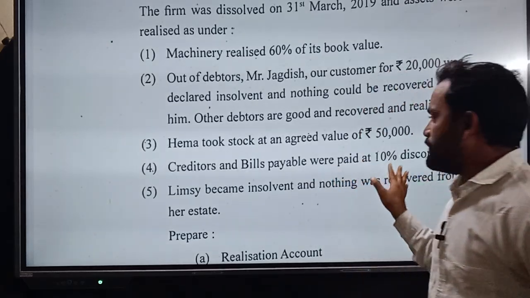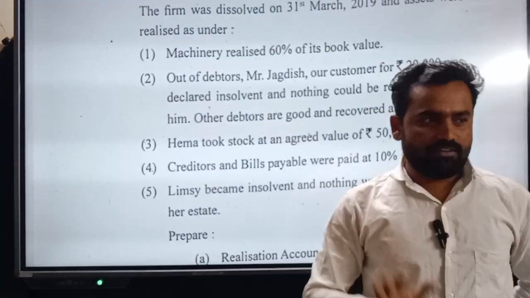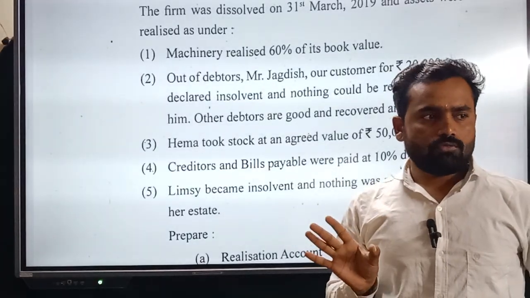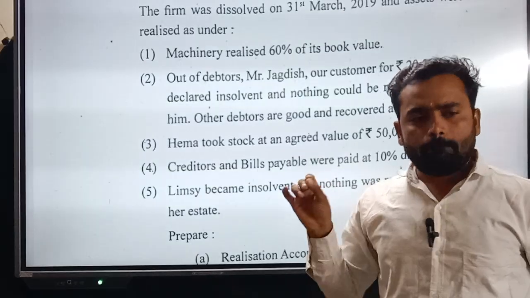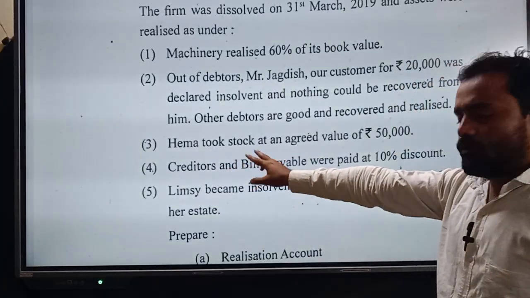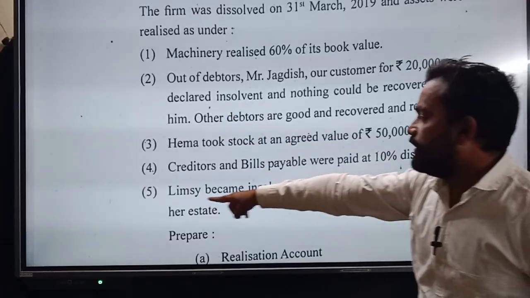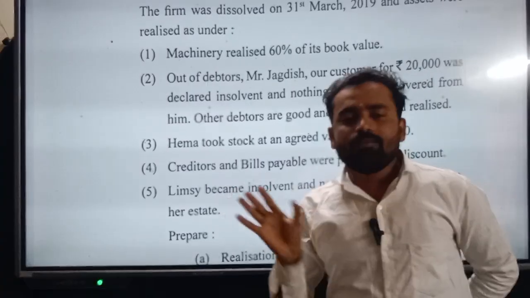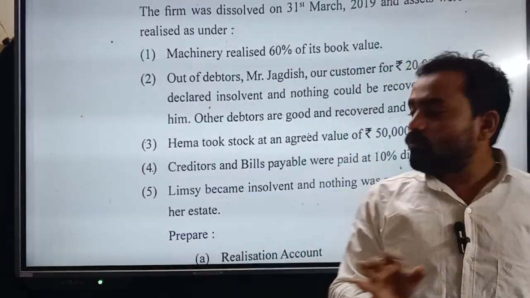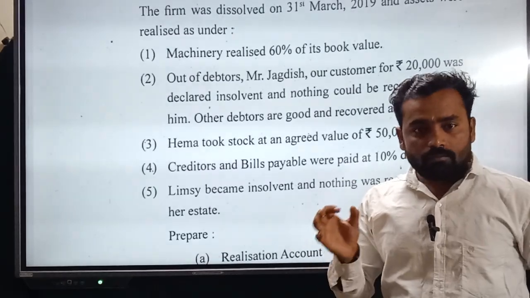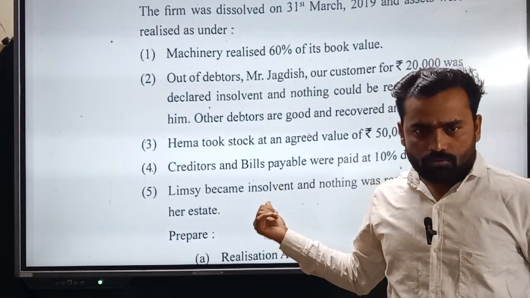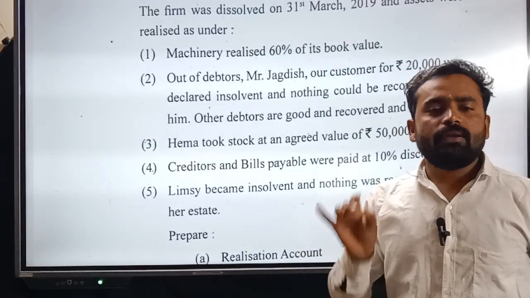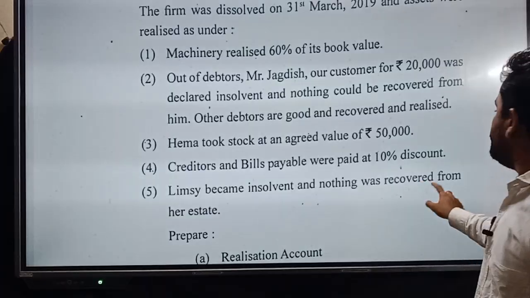Next, creditors and bills payable were paid at 10% discount. You know that creditors and bills payable are liabilities, and liabilities must be paid; it is compulsory for the business. Then Limsi became insolvent and nothing was recovered from her estate. Limsi is a partner and she could not pay any amount because she is an insolvent person. Next,